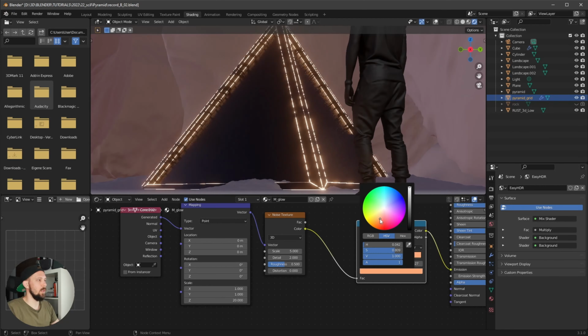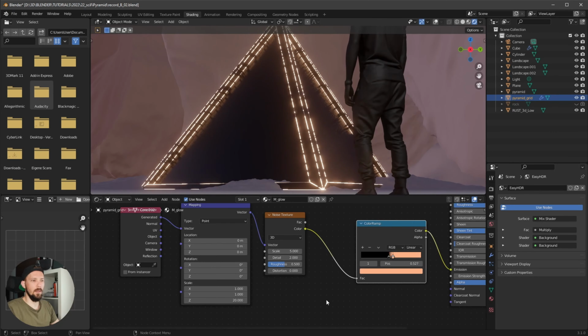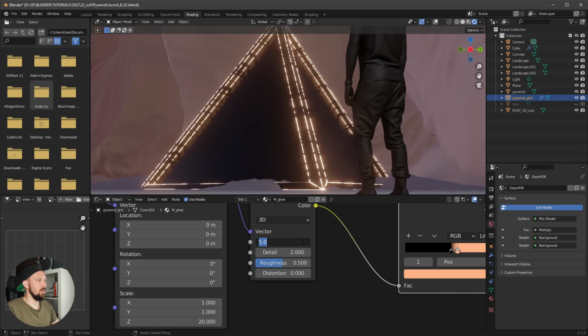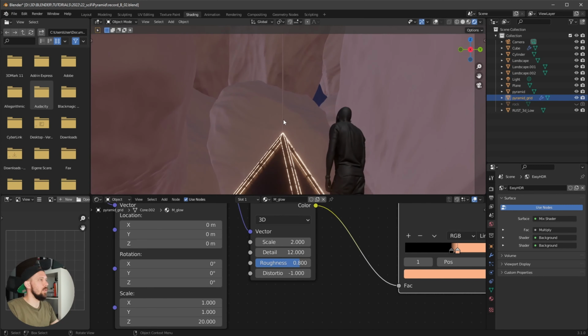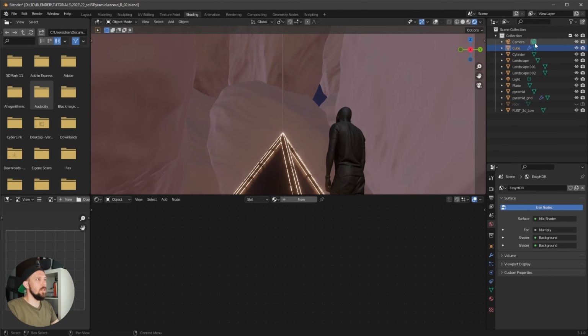I want to go with this light orange stuff, maybe something like this. And we can change the scale to 2, details to 12. And I like to use the roughness 0.8 and the distortion of -1, because I want to add this material